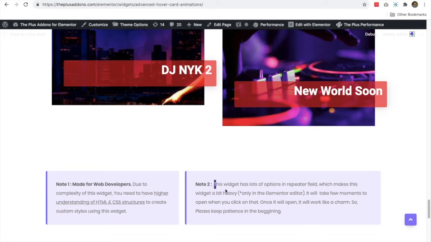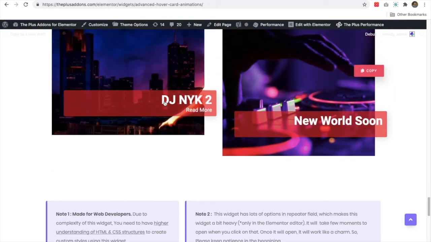Also, this widget has lots of options based on conditions in a repeater field. So when you click on the Hover Card widget, it might take a bit longer in the Elementor editor. It's due to performance and it will be just for the first time. It will not have any impact on your front end performance.